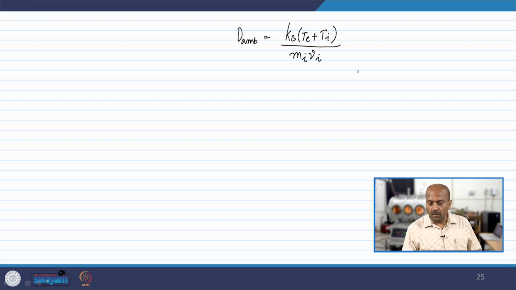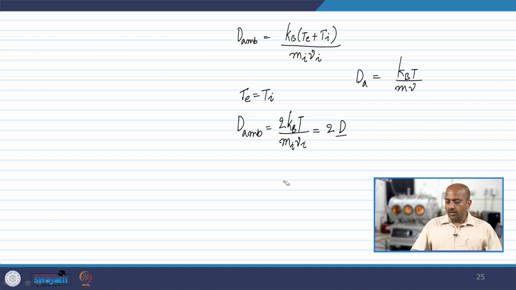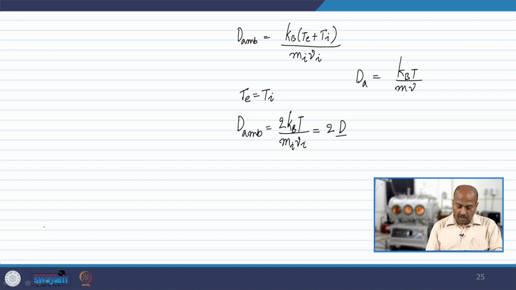So, for the diffusion coefficient, we know it is kBT by m nu. Now, what I was saying is, if the electron temperature is equal to the ion temperature, the ambipolar diffusion coefficient will be 2 kB T divided by mi nu i, which is actually twice the diffusion coefficient for normal neutral gas. And if you consider the plasma scale height, which is